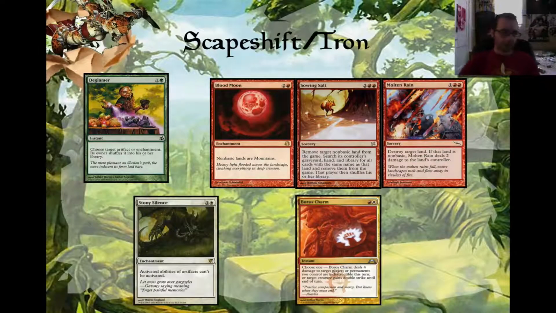Scapeshift and Tron. These are both put into one category because they are kind of the same deck. They're trying to win by having lots of mana, or lots of lands. And that's where Blood Moon, Molten Rain, and Sowing Salt will help you out against. Sowing Salt's better against Tron than it is against